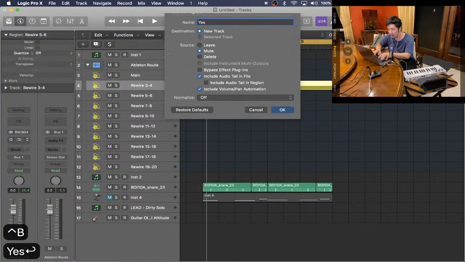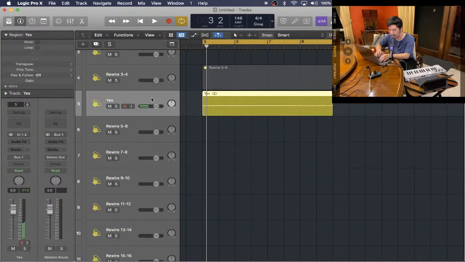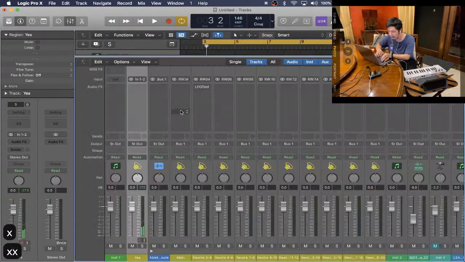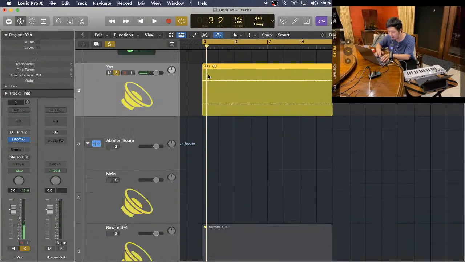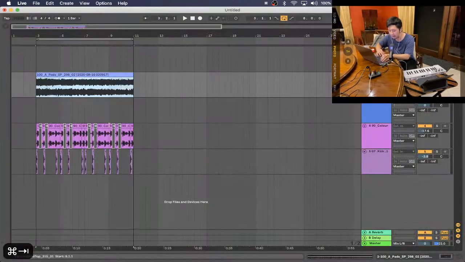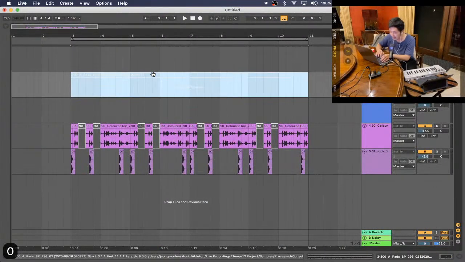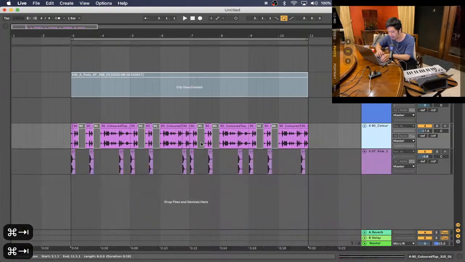I'm just gonna name it yes. So there's the bounce. Here it is. I'm gonna bring it up, and we're just gonna bring the LFO tool. So now it is in Ableton. I mean Logic. So I'm gonna deactivate this guy, and then